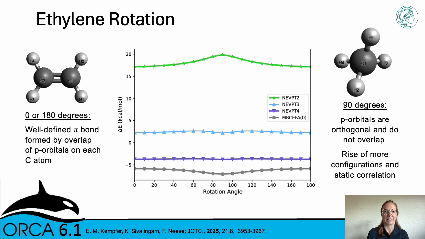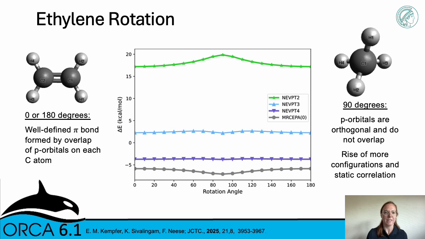Now, another test set we looked at was ethylene rotation. Now, this is an interesting molecule to look at, mostly because as the rotation goes forward, the potential energy surface does change. So at 0 or 180 degrees, the molecule has a very well-defined pi bond, which is formed by the overlap of the p orbitals on each carbon atom. However, as we get closer to 90 degrees, the p orbitals are no longer orthogonal and do not overlap. So we actually have more configurations and more static correlation, which cannot always be described by the minimal 2-2 active